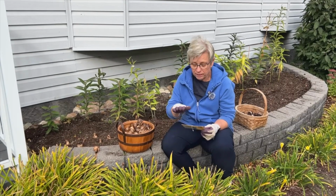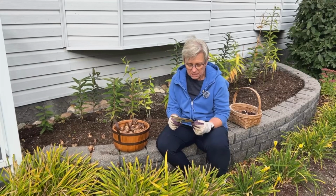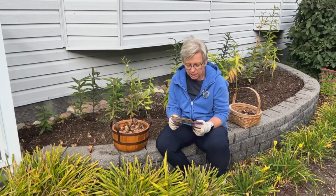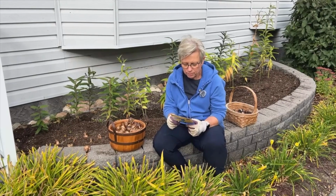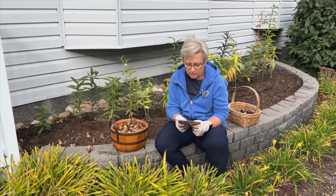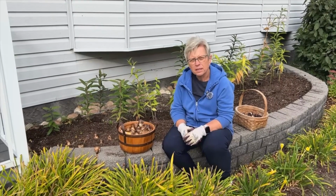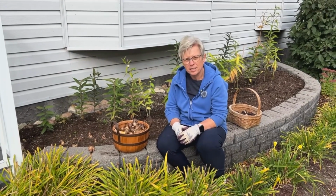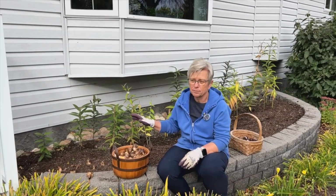They'll be lucky if they have a hand width apart, so 3 or 4 inches. It says light, full sun to part shade. They'll grow 18 to 20 inches tall. Bury them 6 inches, and it says they'll bloom in mid-spring. So we will see. It's an experiment for me, planting daffodils in Saskatchewan, first of all, and planting them here